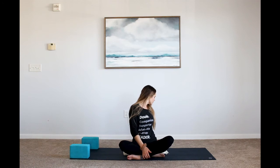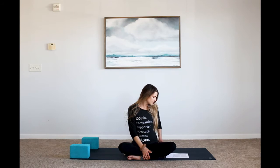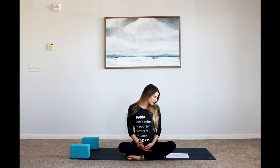Greeting yourself and greeting baby. Turning our awareness from our busy lives, from our external environment, to our inner world. During pregnancy, we have this incredible ability to really find balance from the inside, to find connection from the inside. During this time, we have a deep connection to our inner environment, to our subtle body, and to the truth